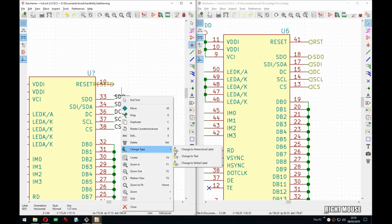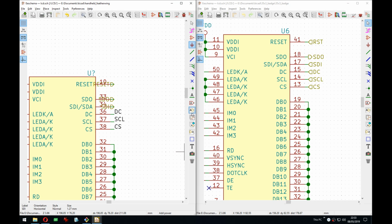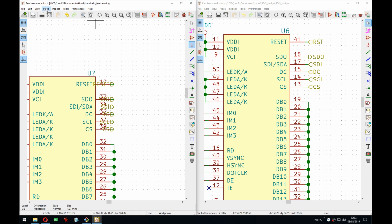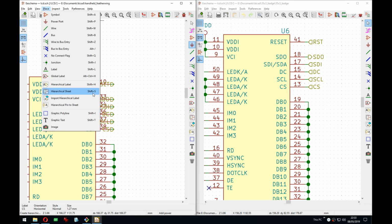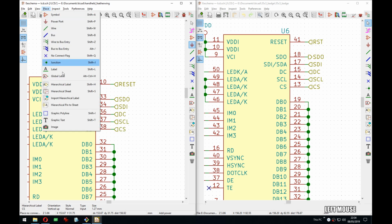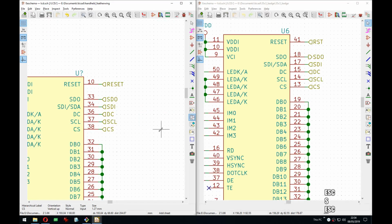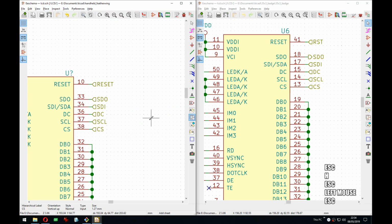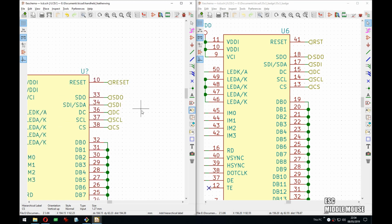See, again, I should have gone for the sheet labels. There is a button here for that. It's just so much easier to press L. I don't think there's a... Okay, I have no excuse. There is a shortcut for it, although it's not very friendly. Is it Shift S? Who makes shortcuts with Shift? All of them are with Shift. Okay, that doesn't even make sense because... Right, so it's just H. Shift is just...